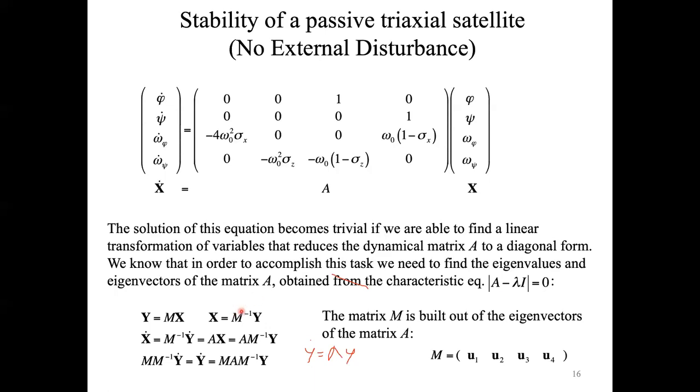So what we are doing here is, since we know that x is equal to the inverse of the eigenvector matrix times y, we can substitute that in x dot equals Ax. So you find that M inverse x dot is equal to Ax. But x can be substituted by this M inverse y. And so at the end, what you get here is that